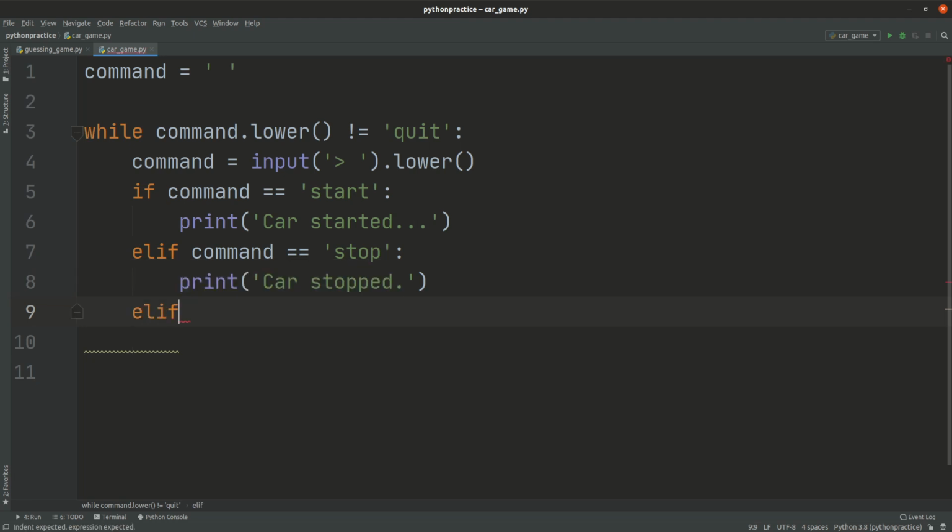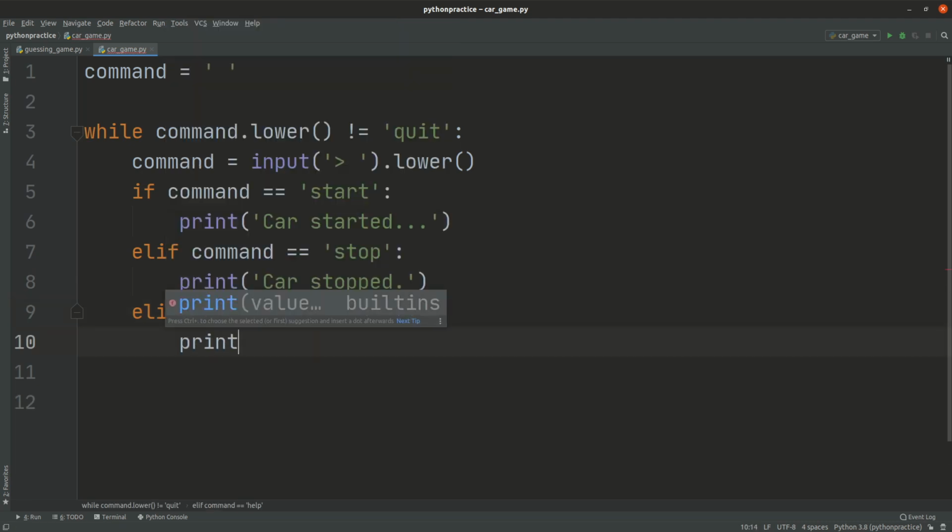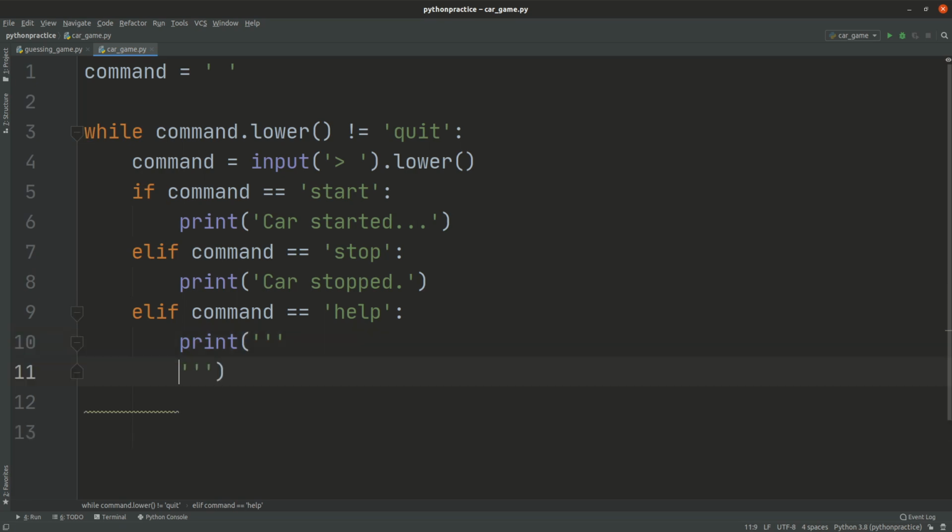So elif command is equal to help. Then I'm going to print, and I'm going to put triple quotes, because remember when I told you if you want multiple lines, use triple quotes or use \n, but I prefer using triple quotes because it's much easier. So if command is equal to help, I want to print down start is equal to start the car,